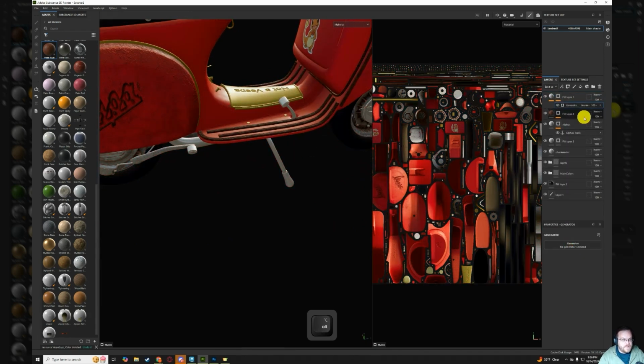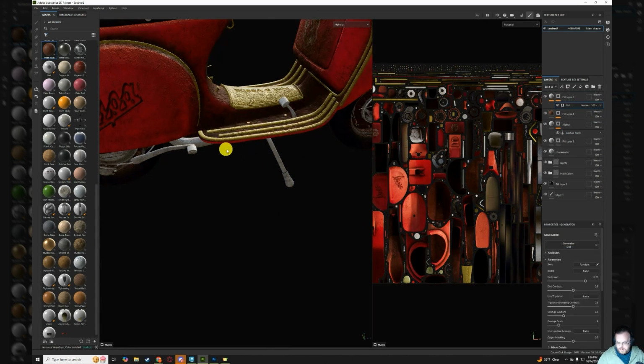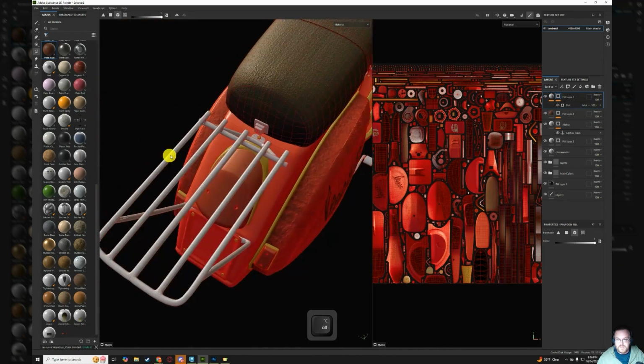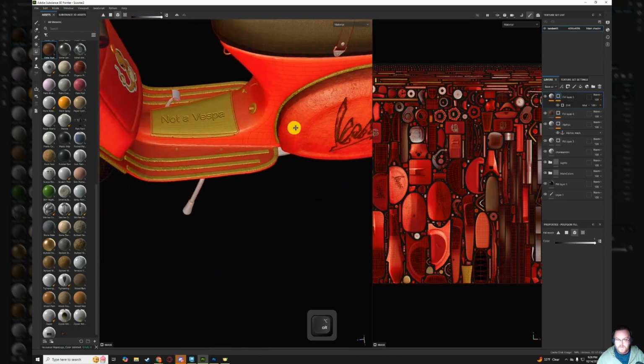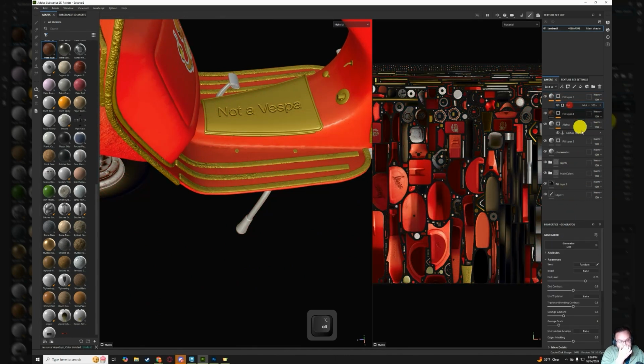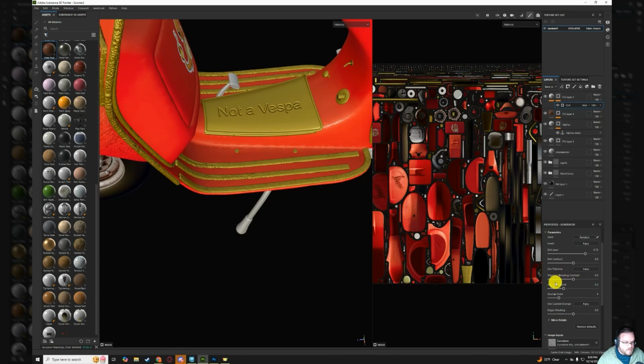And then from here, we want to add another generator. Generator, of course, is a dirt generator. And we want to make sure that it is set to multiply, so it's only affecting the trim, so we get a bit of a patina look to it. And then if we go into our dirt,